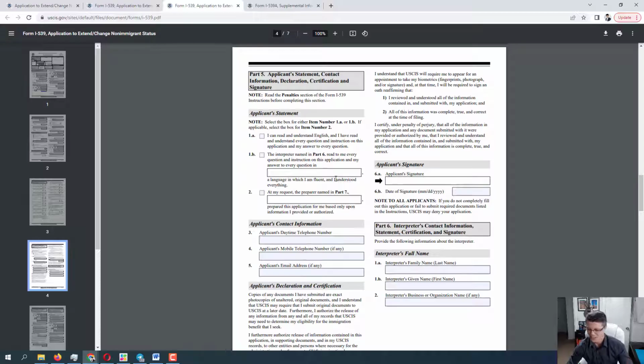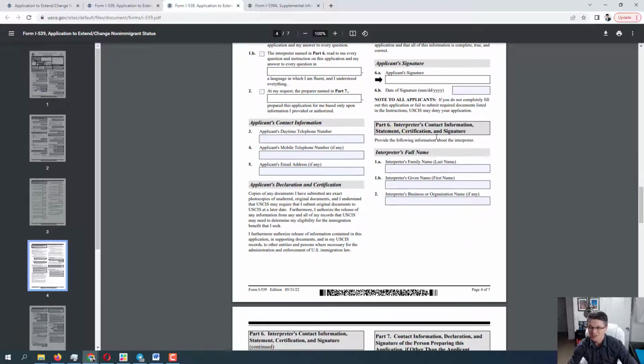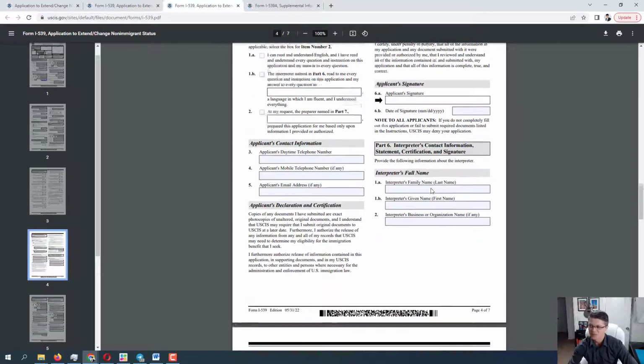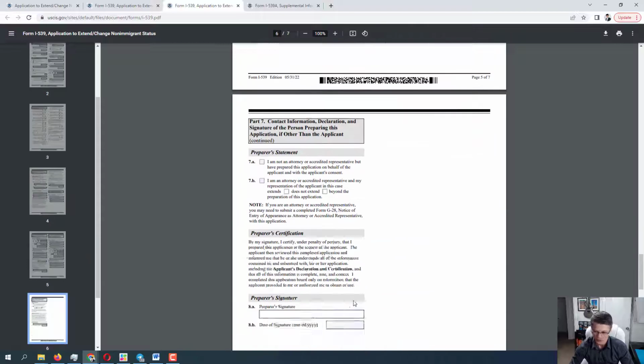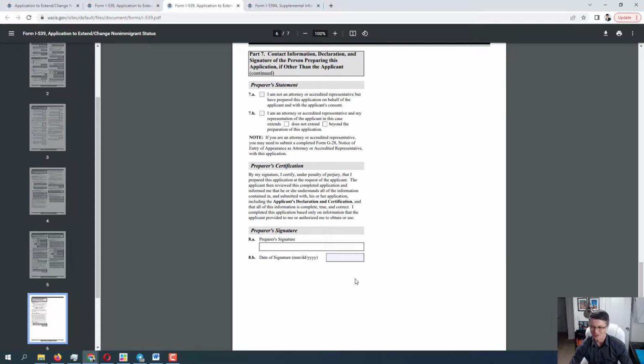Obviously, for an online application, it will just be a digital signature. Date of signature, make sure you follow the right format. And then if there is interpreter contact information, you can put it here. If not, just put not applicable, not applicable, not applicable. You get the point. Throughout the whole thing, you put not applicable, because the reason for that is I've seen